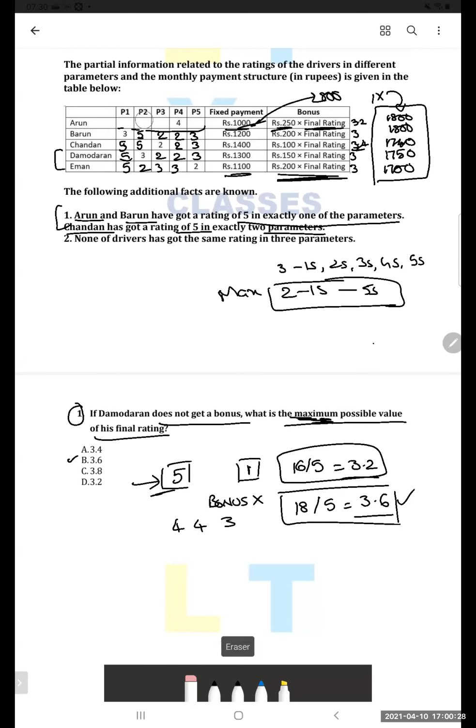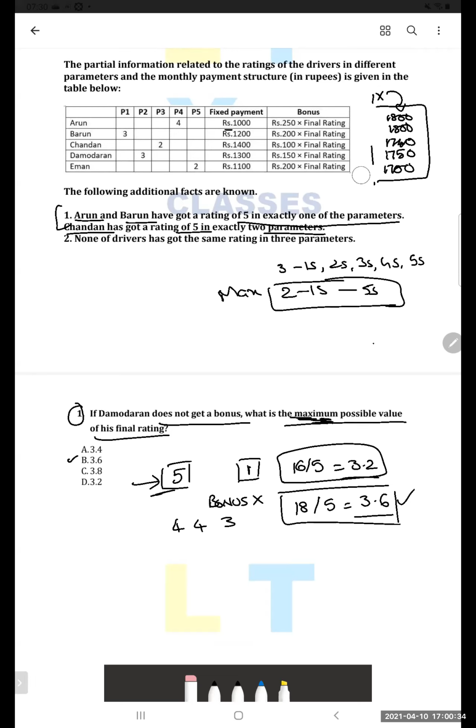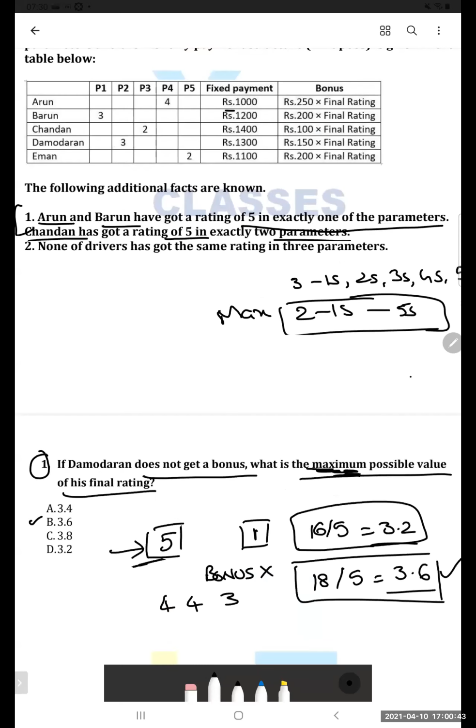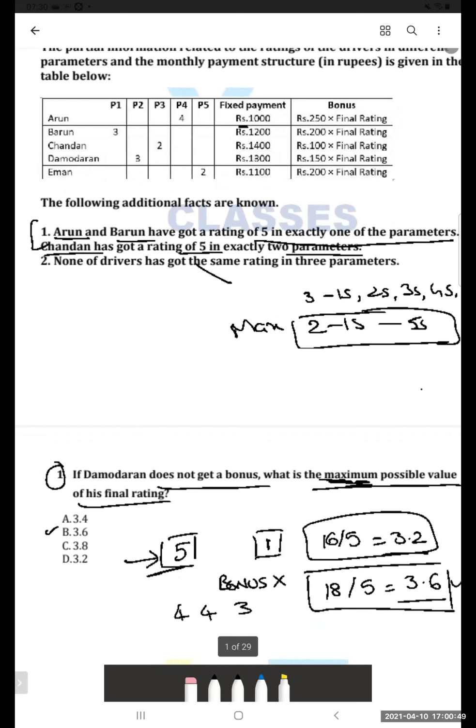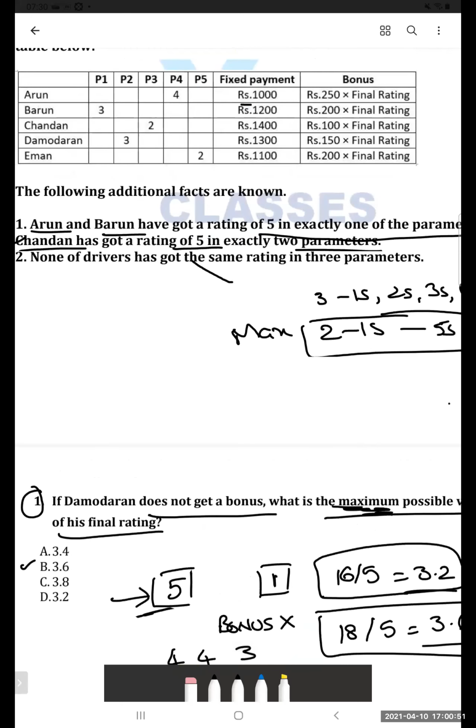I'll just erase all of this information because we are now solving the next question. Okay, who wants to volunteer for this question? Can one of you solve this? 2 5s, 1 4. Okay, 3. First what we'll do, we will just put the conditions of A, B and C here so that we don't miss out. So we know that A got 1 5.